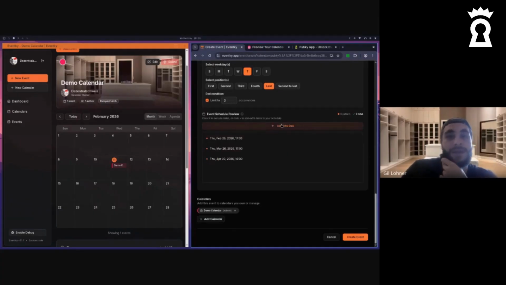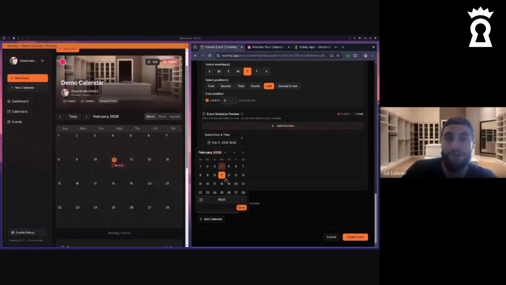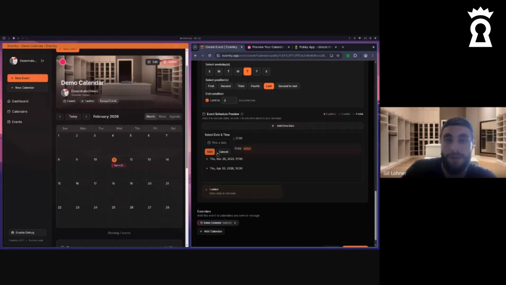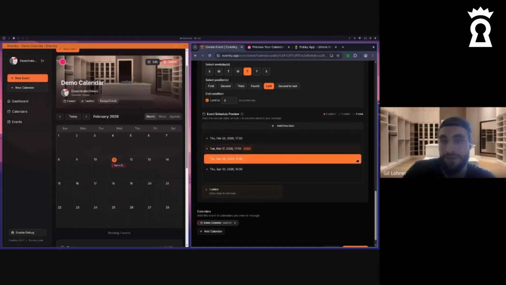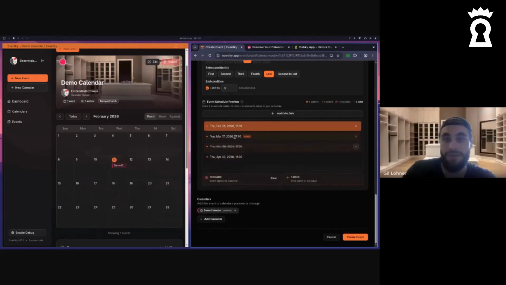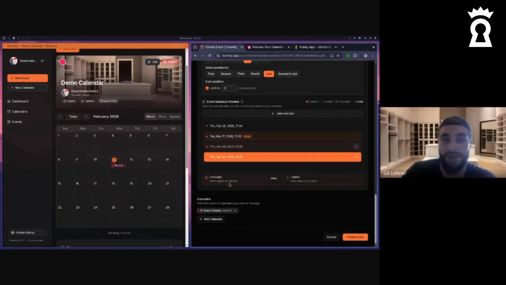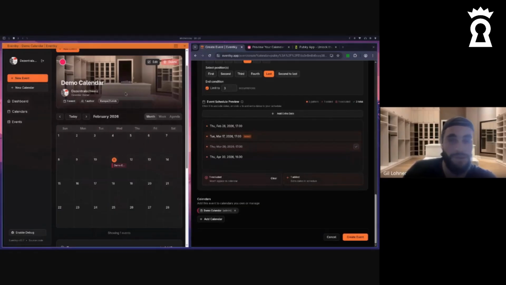But let's say maybe in March, I want to have this event on another day because there's some holiday or something. And I'll want to set the 17th of March at 6 p.m. then. I can add this as an additional event and remove the 26th of March. It's going to be removed from that event instance. And because I've selected the demo calendar, add event from the demo calendar, it's going to add that event to